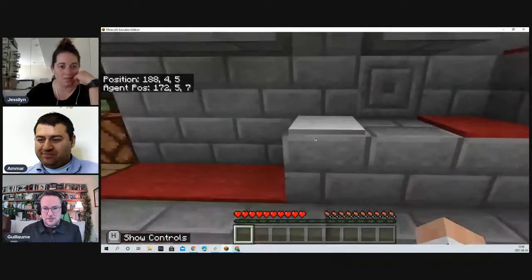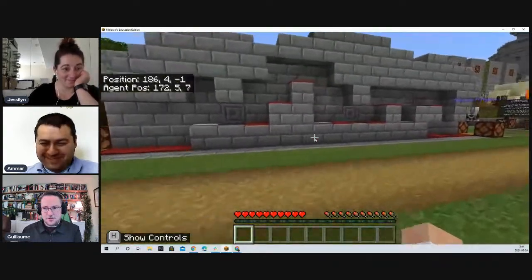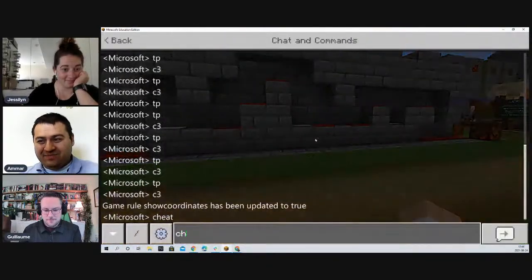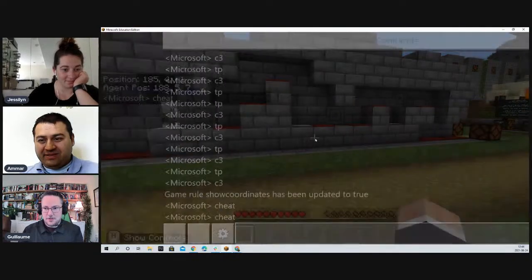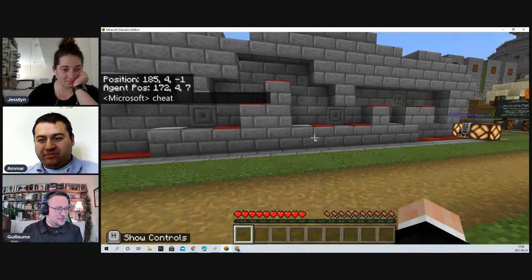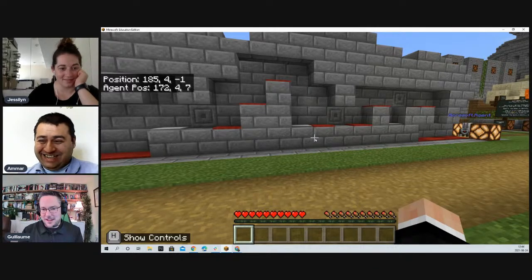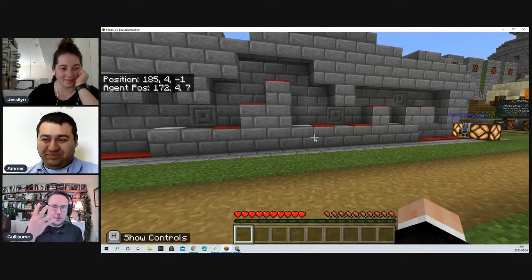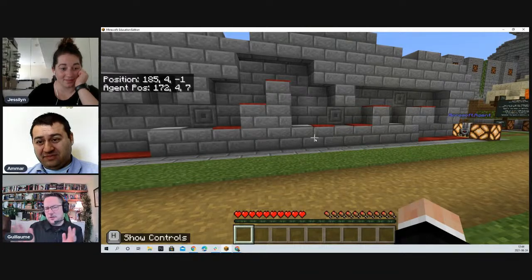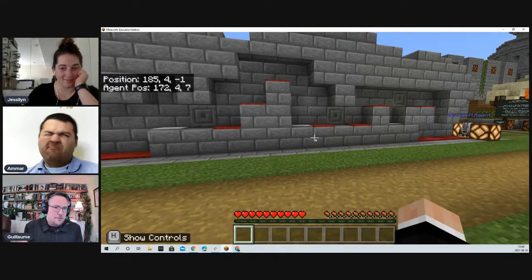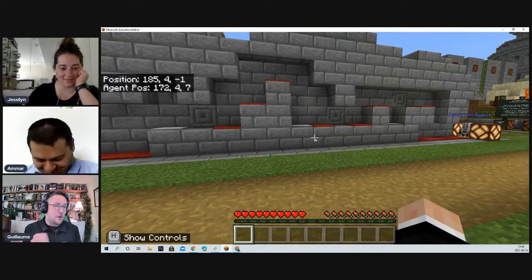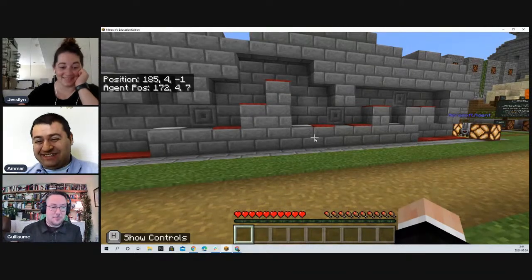You ready to see my cheat? See if it works. Cheat. Boom. Was it too fast? It might have been too fast, but my agent went on every plate and hit that golden plate at the end within not even a second, right? And with only 4 blocks of code. So that's kind of cheating, but not that much, because we're coding and we just found the most efficient way of completing that puzzle.